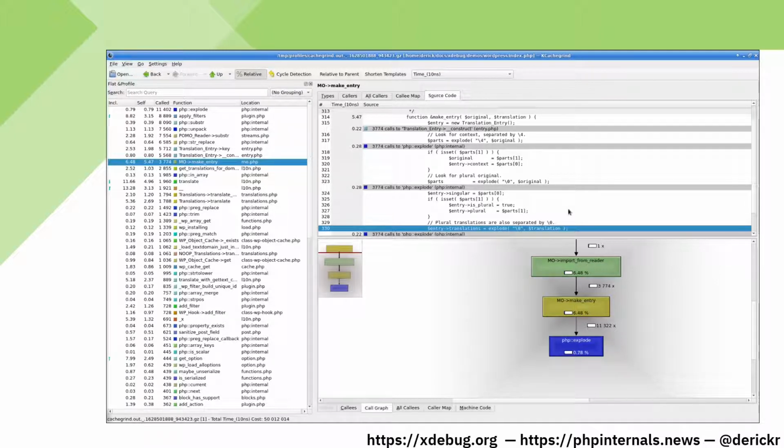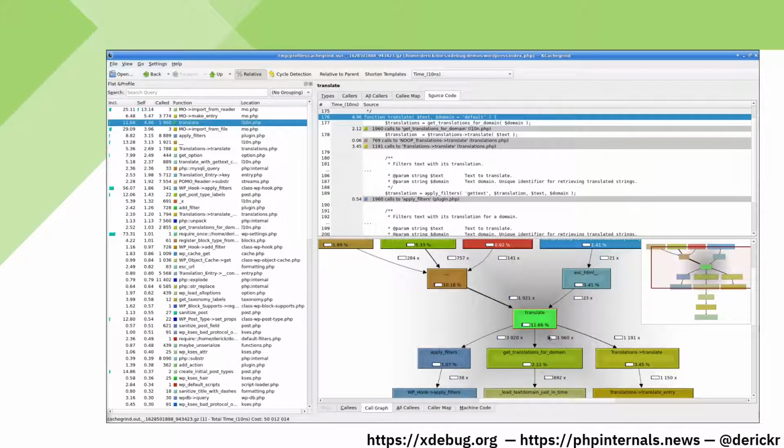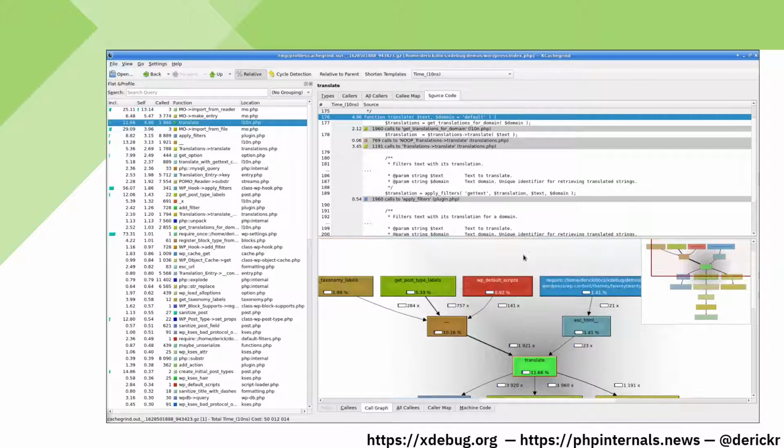Now, what else is interesting here? Well, we can have a look at translate, because if you click on self, translate takes up nearly 5% of the requests. And here you can see that translate actually has multiple parents, because it apparently comes from multiple sources. Now, of course, I'm sure if you look in deeper, we can find many other places where we can find some optimizations, but I hope this gave you a bit of an overview on how to use KCacheGrind to actually dive into the profiling files to find some places in your source code that could do with some optimizations.